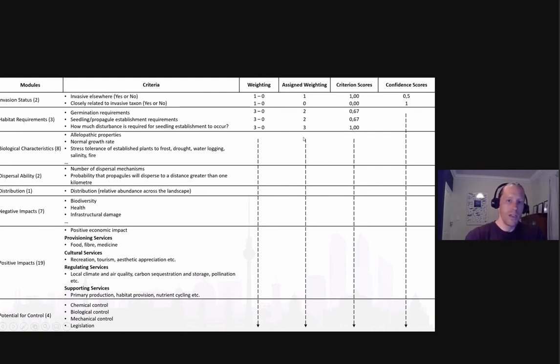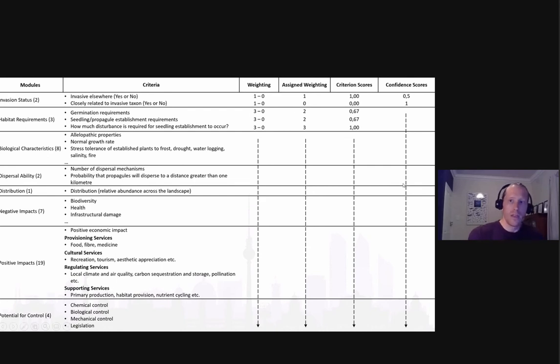So then you would assign each a weighting based on the generic weighting system here. And then the criterion scores would then be calculated based on that. So the score for each criterion is divided by the maximum possible score for that criterion. So for example, here, the maximum weighting here would be 3, and here we've got the assigned weighting of 2, so then it would just be the 2 over 3 to give 0.67.